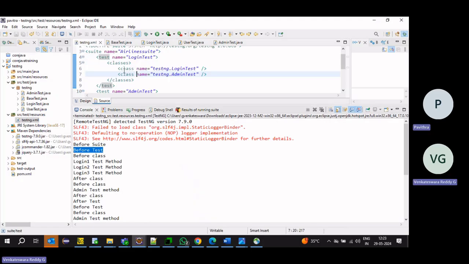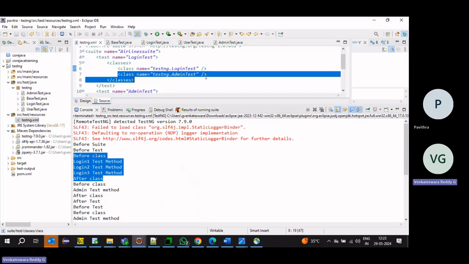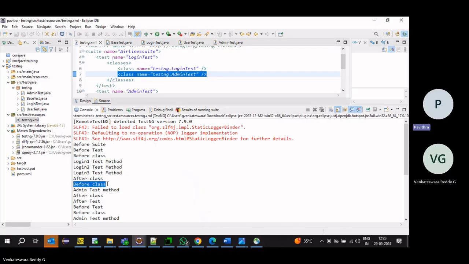Then in the module, the first class started, so before class. In the login test class, three methods are there, and all three are executed. Then after class. Now the second class is started, again before class. Admin has only one method. Then after class.